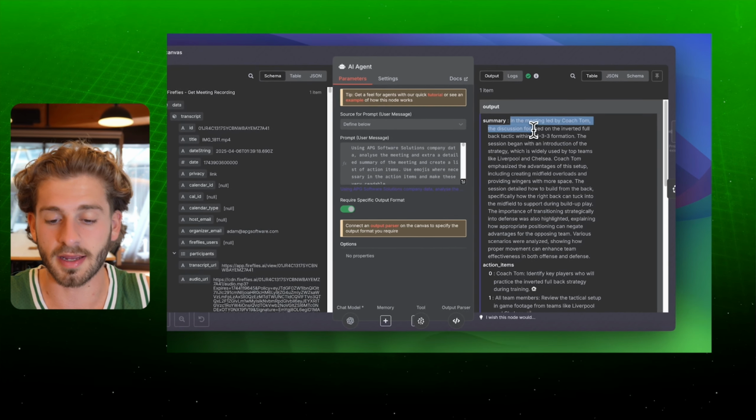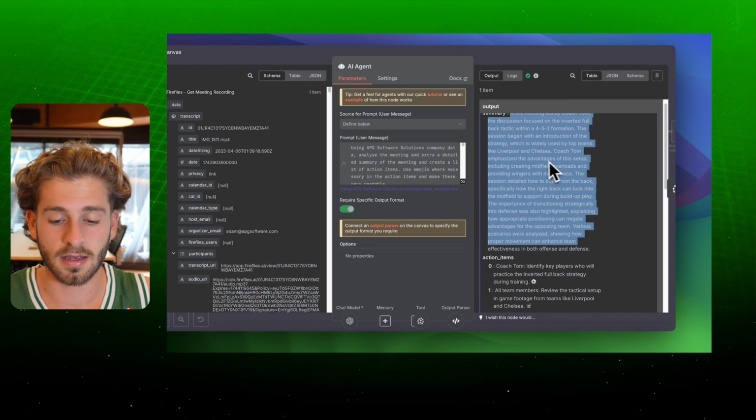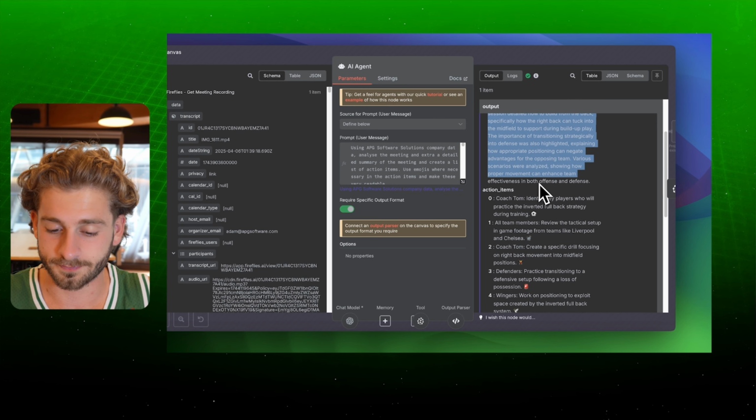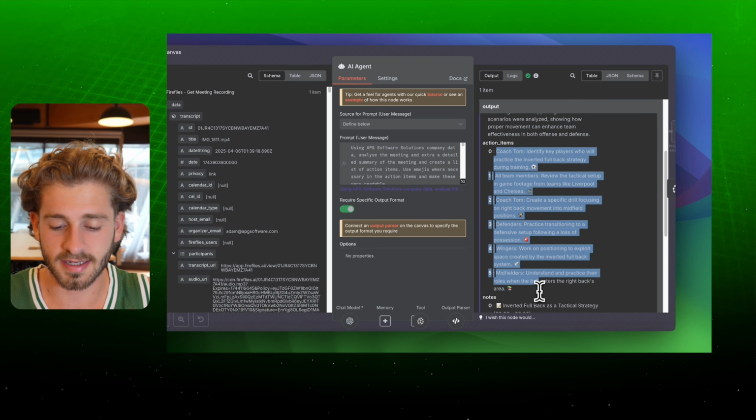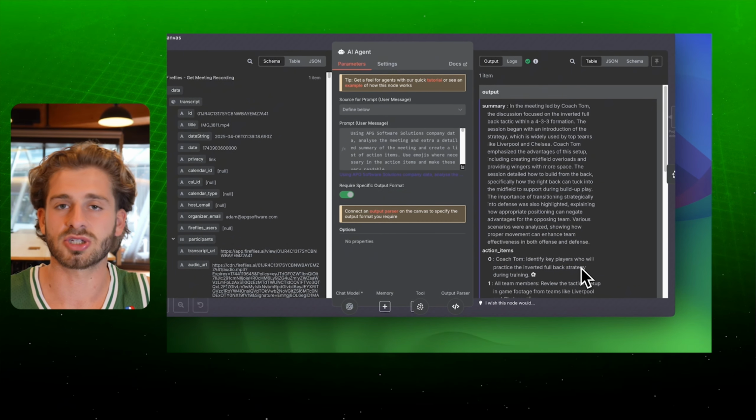And here's the summary. In the meeting led by Coach Tom, discussion focused on some tactics, talked about Liverpool and Chelsea. Action items. So you can see here, this is really helpful for being able to store meeting information in different